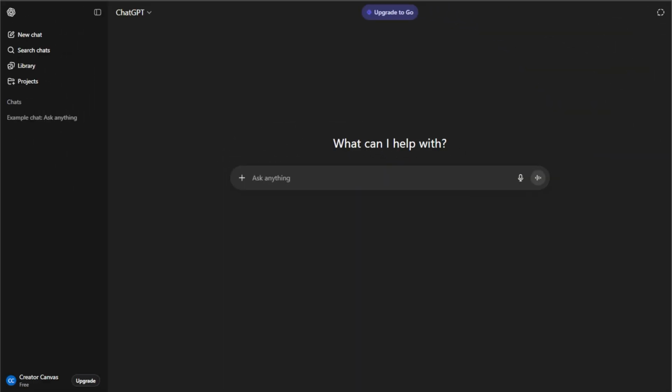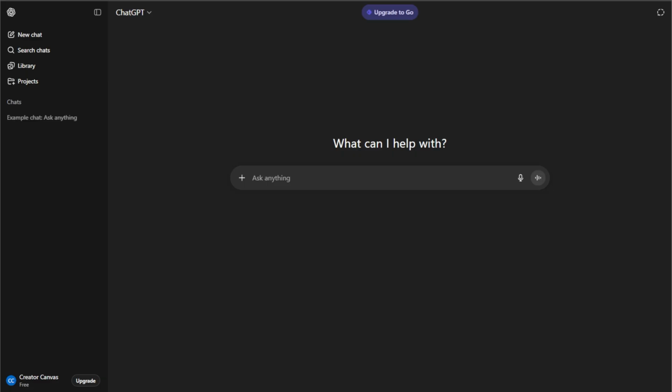Good product photography is essential for online stores. It can make the difference between a customer scrolling past or clicking buy. But hiring a professional photographer or renting a studio setup can be expensive. Luckily, with AI tools like ChatGPT's image editing, you can create clean, modern product photos at home with just a